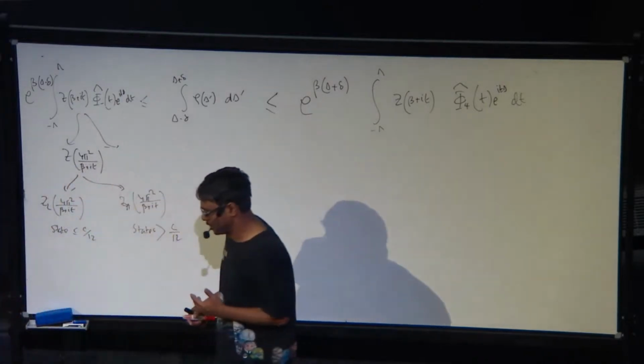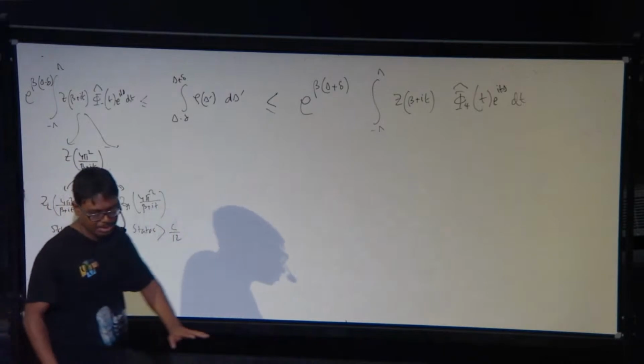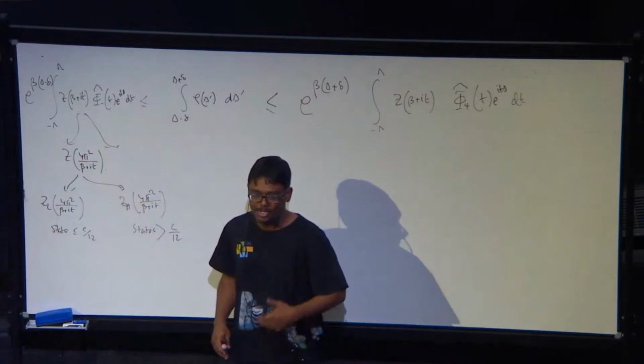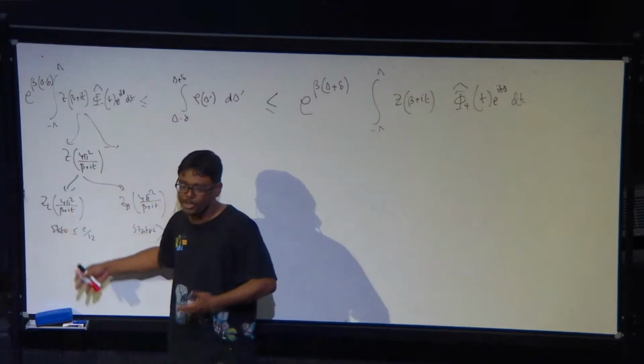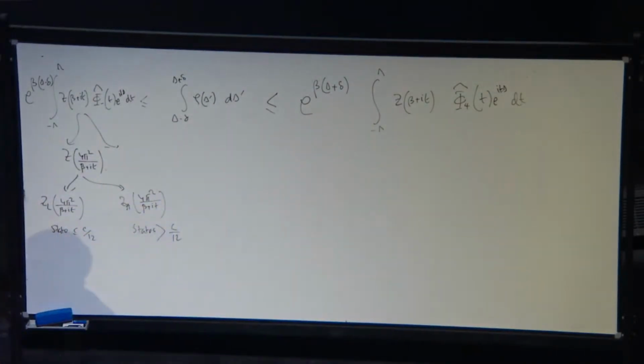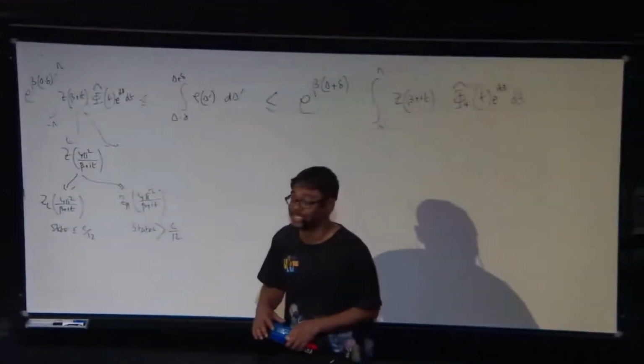And so one of the main messages that comes out of this analysis is that the size of the averaging window is controlled by the heavy part, by the tail of the sum, whereas the leading part comes from the vacuum in the dual channel. So this is the basic framework, and we are going to use this framework in the case of the light cone bootstrap. In particular, in the case where we want to estimate the density of Virasoro primaries around this point. Is it clear?